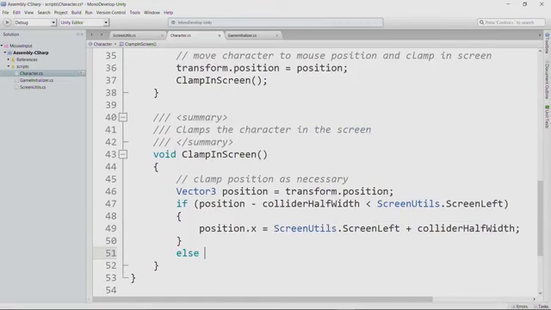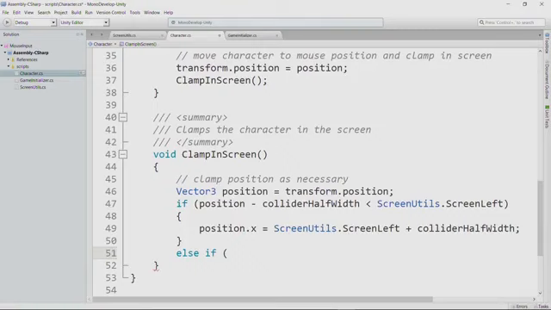Now I'll do an else if to check if I'm partially outside the right side of the screen, and I'll show you that once we come back. I will point out that this is an else if rather than an if, under the assumption that the character is not wider than the screen. You've got bigger problems if the character is wider than the screen. So I can assume we're either outside a little bit on the left or outside a little bit on the